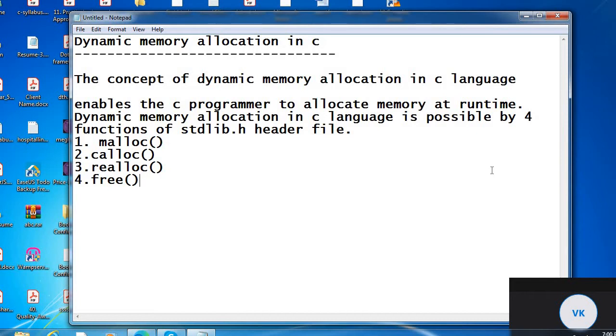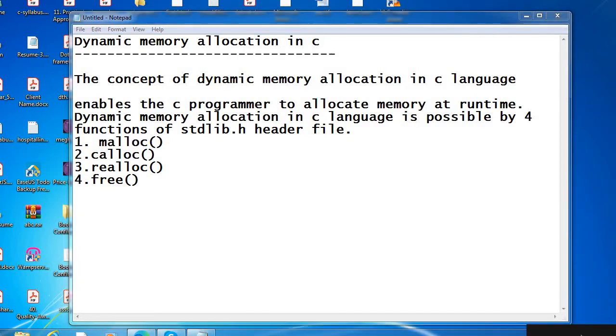So static memory allocation means memory is allocated at compile time. Dynamic memory allocation means memory is allocated at runtime. And in static memory allocation, memory can't be increased while executing the program, because memory is fixed.